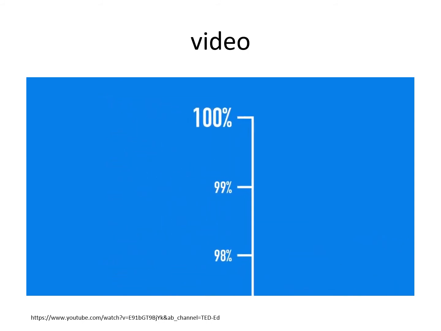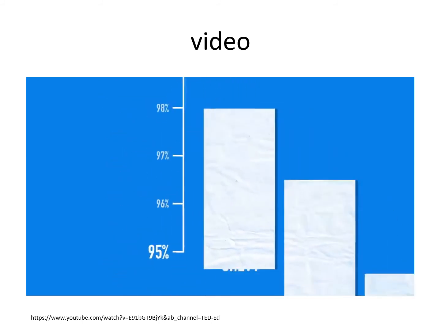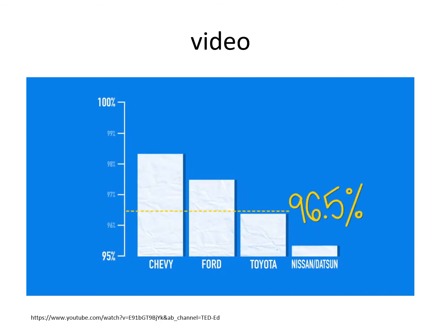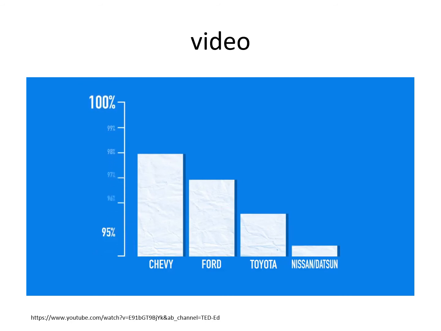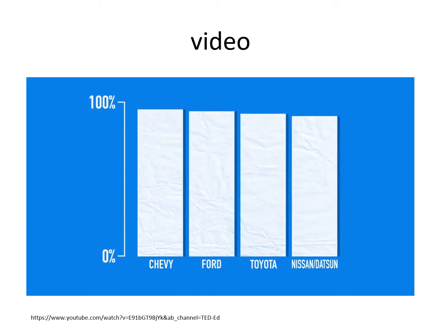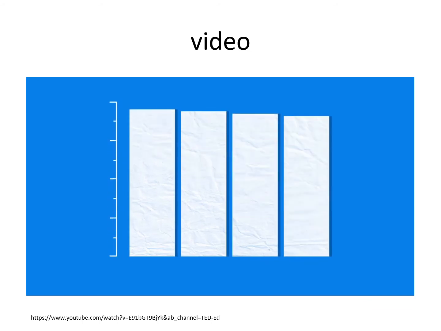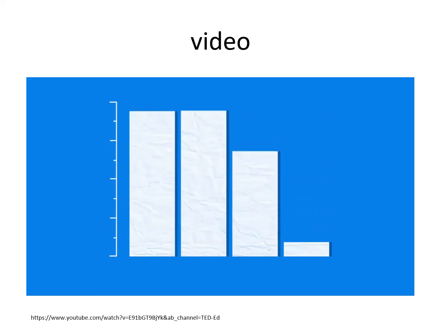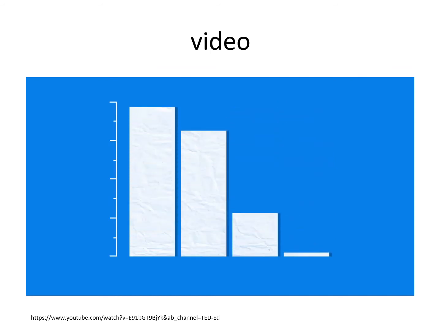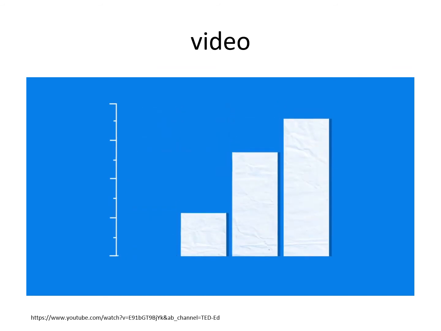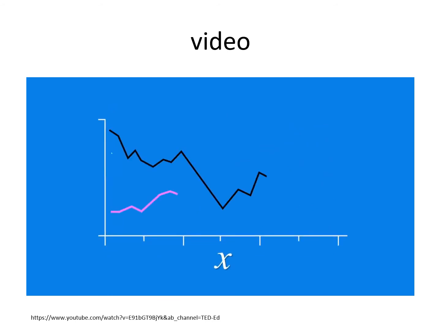That is, until you take a closer look at the numbers on the left and see that the figure for Toyota is about 96.5%. The scale only goes between 95 and 100%. If it went from 0 to 100, it would look like this. This is one of the most common ways graphs misrepresent data, by distorting the scale. Zooming in on a small portion of the y-axis exaggerates a barely detectable difference between the things being compared. And it's especially misleading with bar graphs, since we assume the difference in the size of the bars is proportional to the values. But the scale can also be distorted along the x-axis, usually in line graphs showing something changing